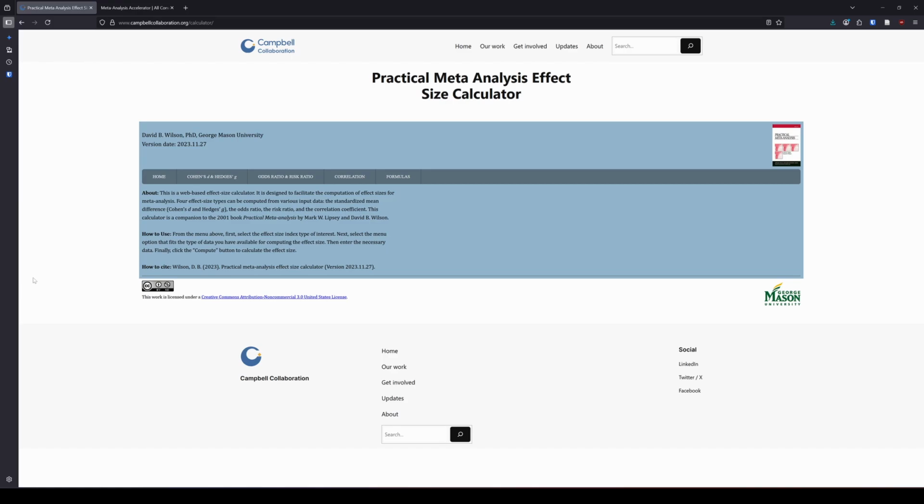So first and foremost, we're going to talk about the Practical Meta-Analysis Effect Size Calculator by Dr. Wilson. This has been out for quite a while in different forms, but it is very, very effective and very helpful. Oftentimes we need to actually calculate an effect size from our study. Maybe they didn't report it in a way that we want. Like maybe the study reported just the F statistic from an ANOVA, but we actually want the Cohen's d. What can we do? Well, we can do a lot of math, or we can go use one of these